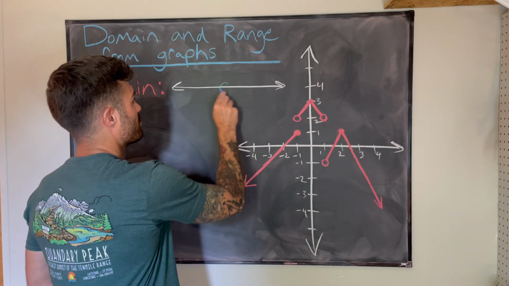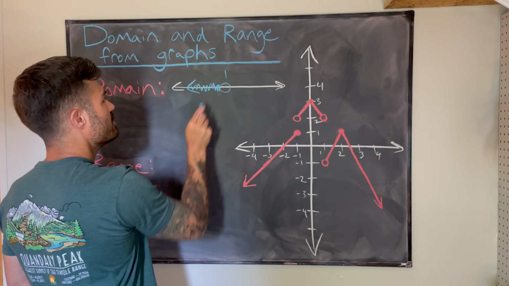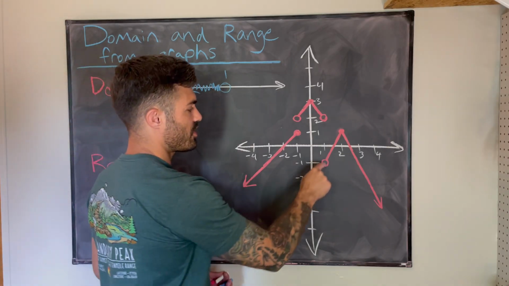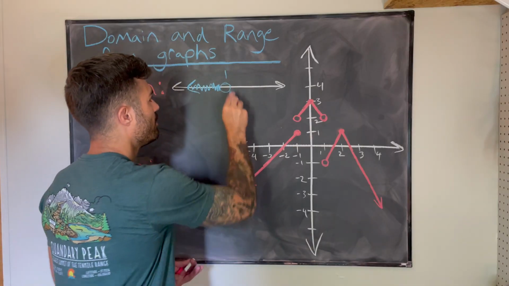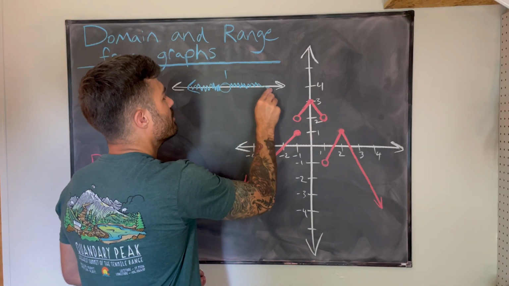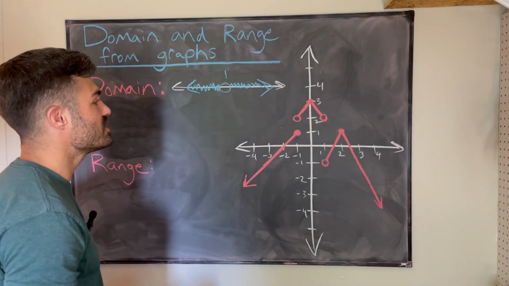So here's what we're going to do. We're going to draw an open circle at 1. We're going to say everything less than 1 is good. 1, though, is a problem. 1 is not an x coordinate. We continue. Everything after that should be good. Good after that. So this is the domain represented on a number line, and we can use this to write